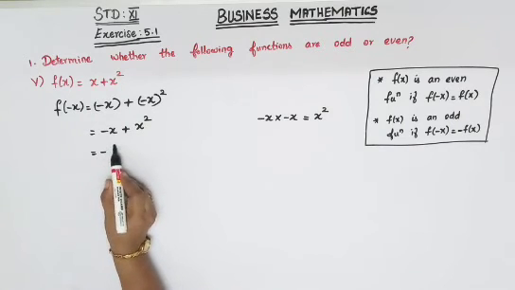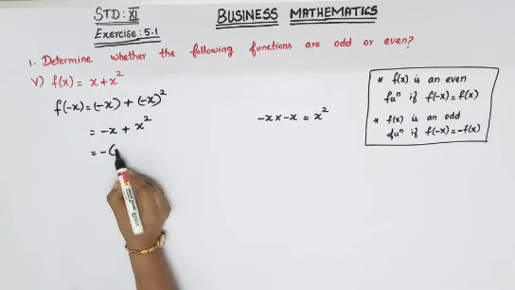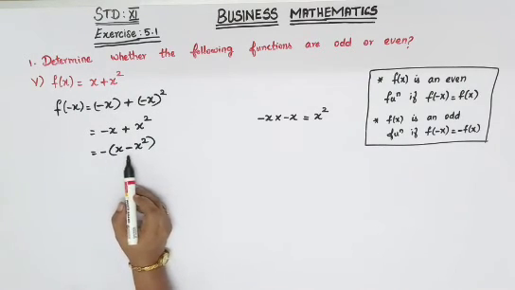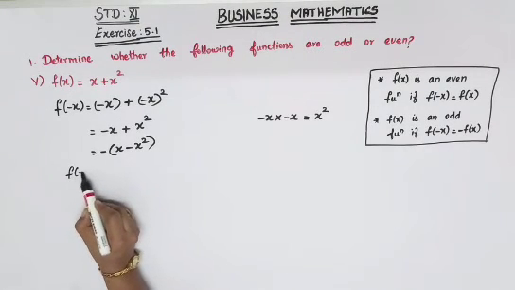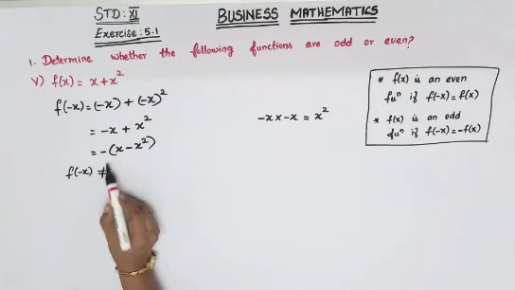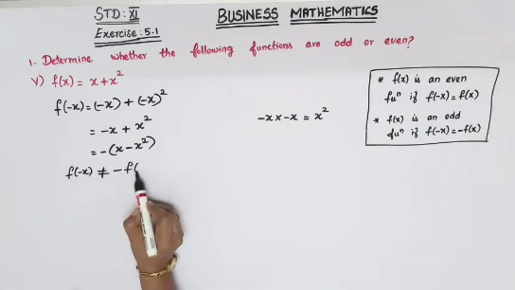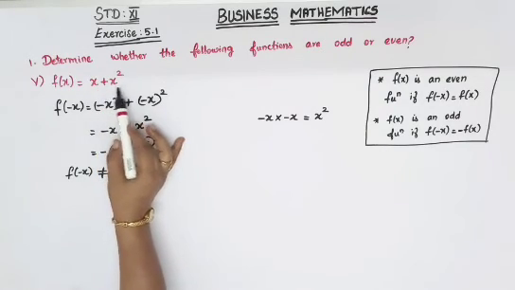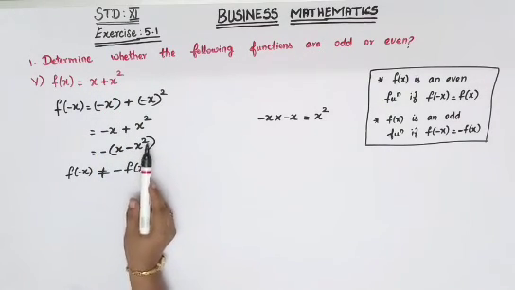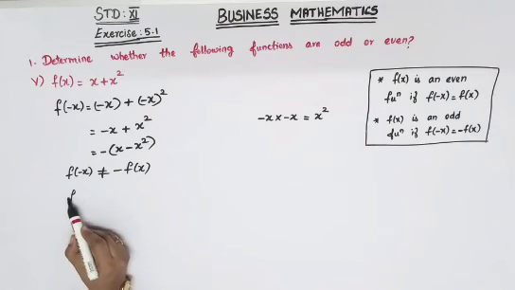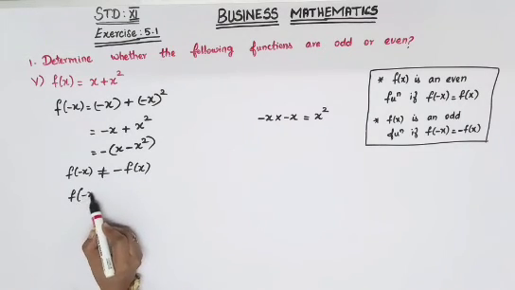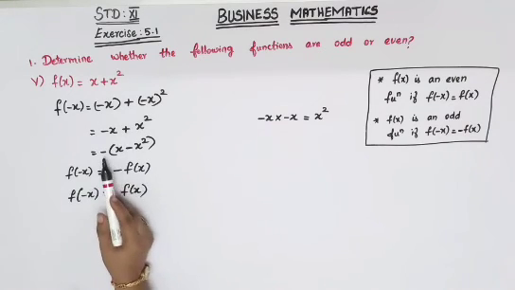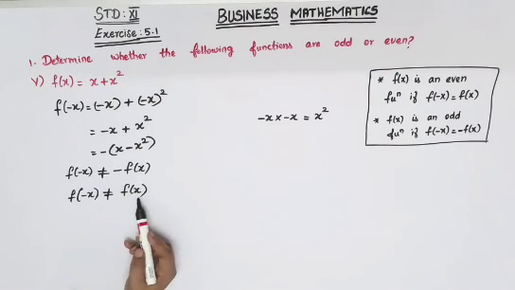Now just remove the minus and see whether you are getting your question back. You will get plus x here, but minus x square you will get. So both conditions will not be satisfied. F of minus x is not equal to minus f of x also, because we didn't get the right answer back here. We have got here x plus x square, but we are getting x minus x square. So this is not satisfied. Therefore, f of minus x is not equal to f of x also, because we have got one minus out. So both conditions are not satisfied.